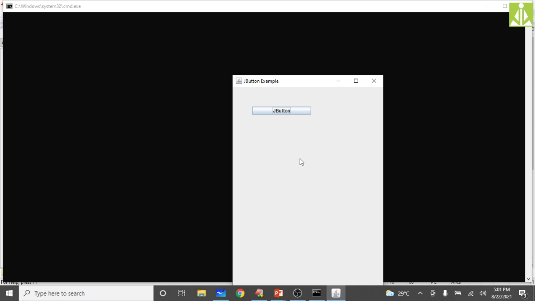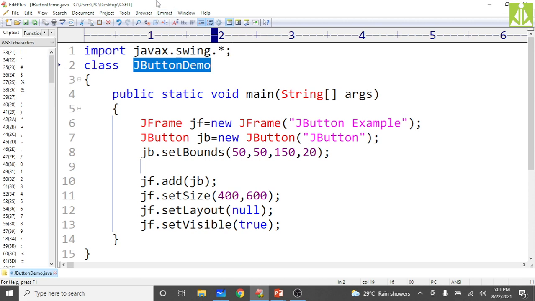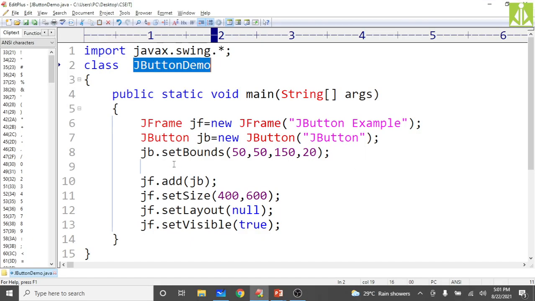Okay, hopefully you understood this one. So this is how we can get a button on a Swing application. And moreover, you have to notice this one. Now the close button is handled properly, not only minimize and maximize, especially in Swing. And we said Swing is an advanced version of AWT. So here it is handling all the buttons, maximize, minimize, and also the close button. Okay, hopefully you understood this one.